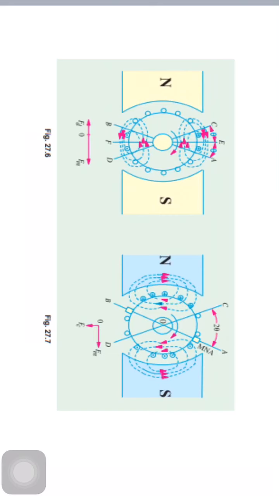The armature conductors on either side of GNA produce flux in direct opposition to the main flux. The conductors lying within angles AOC equal to BOD equal to 2Q at the top and bottom of the armature produce demagnetizing effect. These are called demagnetizing ampere conductors and constitute the demagnetizing ampere turns of armature reaction.